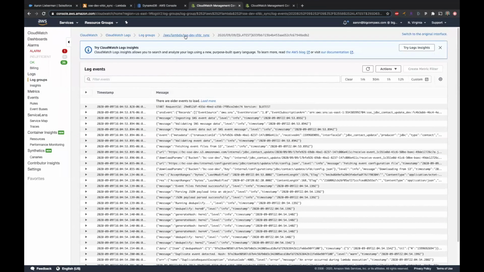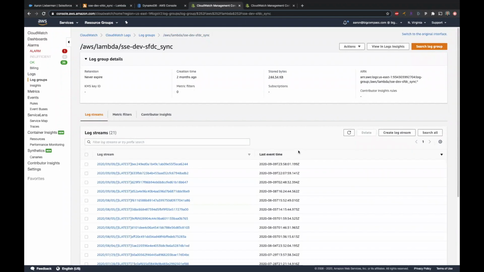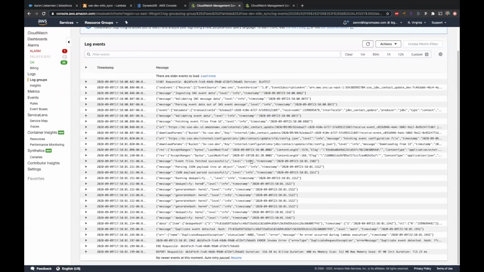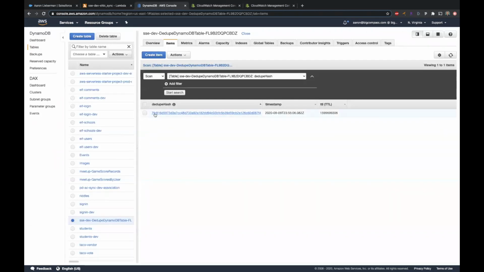But what we're actually going to see now, getting into the Lambda itself that processes this, if I look at the latest log here, is that I got a duplicate event detected. And this was detected a couple seconds ago. And this hash here, if you notice this hash beginning in 7FC, we see that same exact hash here in Dynamo. So once that got inserted from my first event, now we have that hash to reference. We generated that hash, even though it was a different object, in the exact same way coming back from the database to Salesforce, and we recognize that as a duplicate event. And so that's really cool.